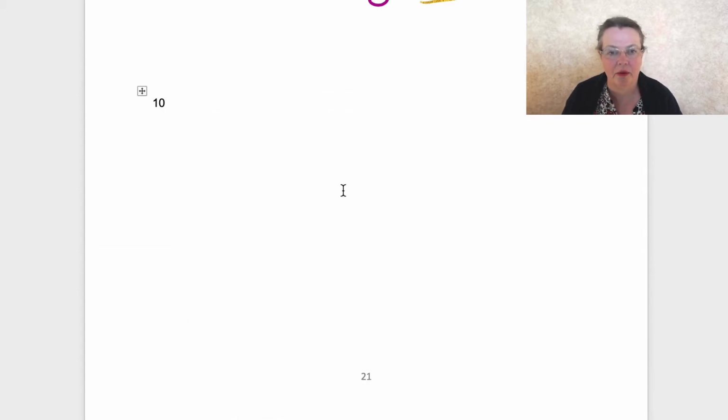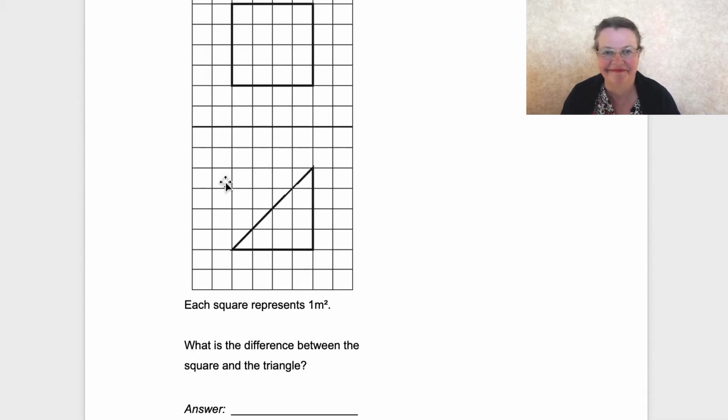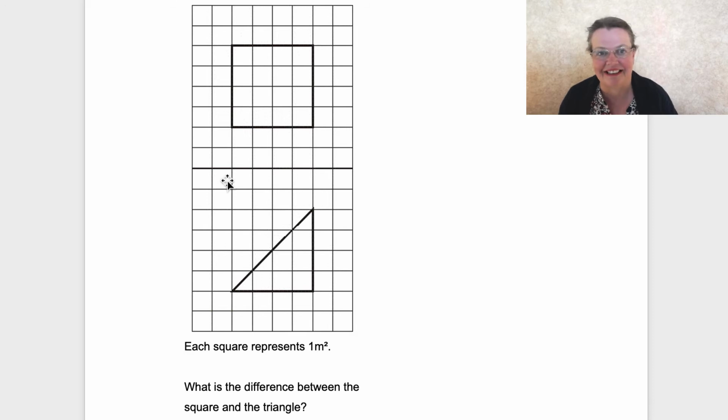Here we are, we're on question number 10. It's always worth checking. Each square represents 1 metre square. What is the difference between the square and the triangle? So,